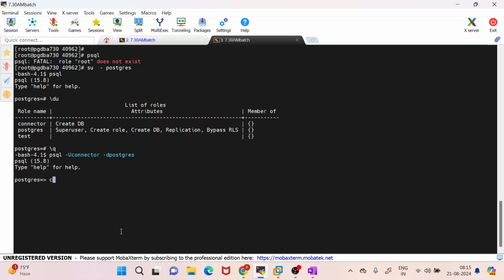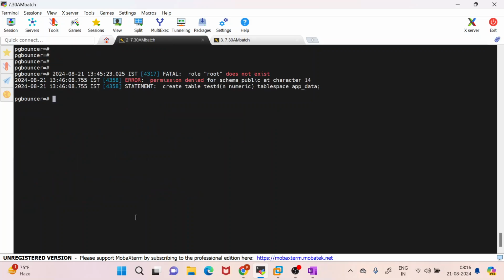Now I'll try to create a table. Create table test4 (n numeric) and table space, which table space am I going to get it created in? app_data. Am I able to create the objects in the app_data table space? No. So why? One minute. Why am I not able to create? Because we need to grant something on the